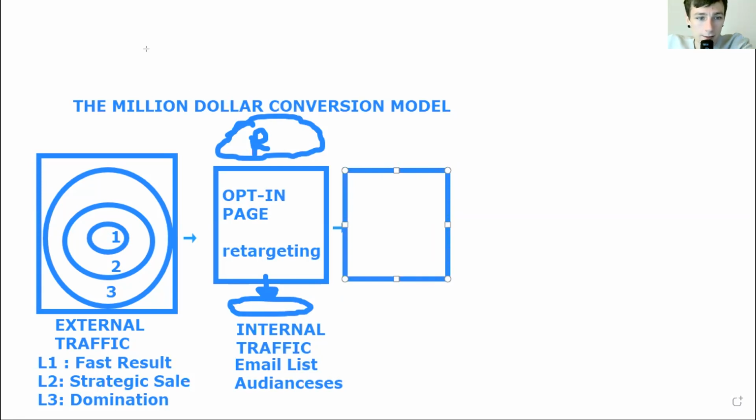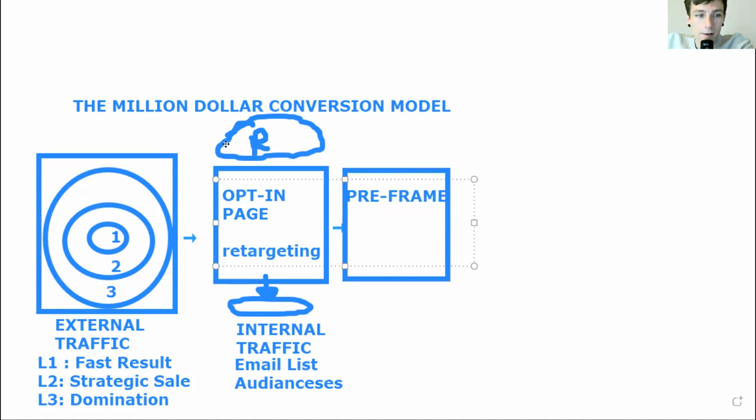I've got some ideas for you when it comes to pre-frame. Depending on who you're marketing to, this is going to be a different type of funnel for each audience. You're also going to have a retargeting pixel on here.